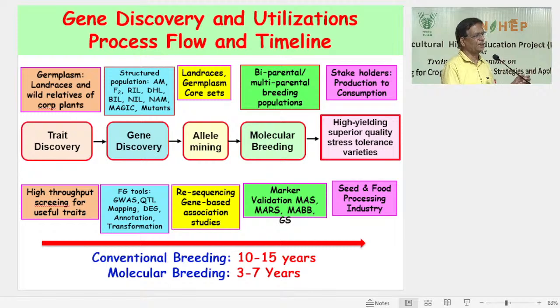We map it, then we fine map it, and then slowly we go close to the gene, and now we have cloned the gene, and we prove it. How do we prove it? By genetic transformation. You had the lecture earlier on. So once you discover the gene, then you have to prove it through transformation. When you add that gene, the trait is restored. So this is all a very lengthy process, but this is the second process: trait discovery, then gene discovery, then